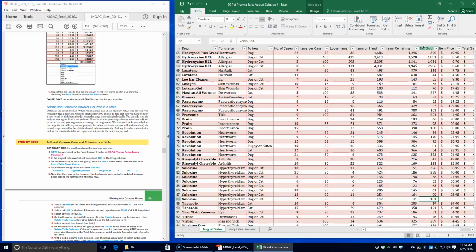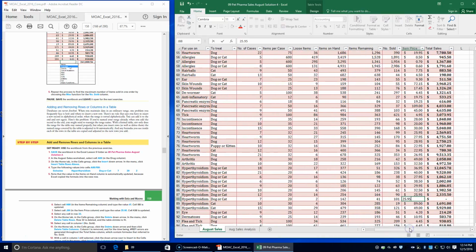It says to select cell J88, which is the item price column, and type in a value of $25.95. Okay, when I do that, K88 is automatically updated,